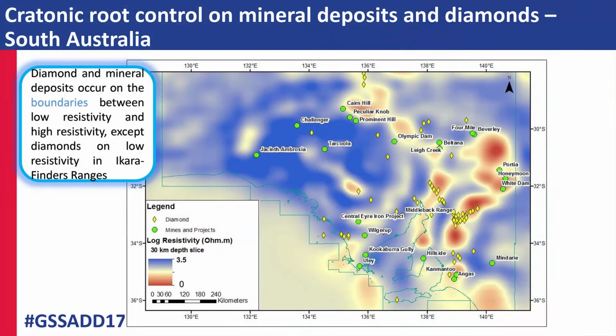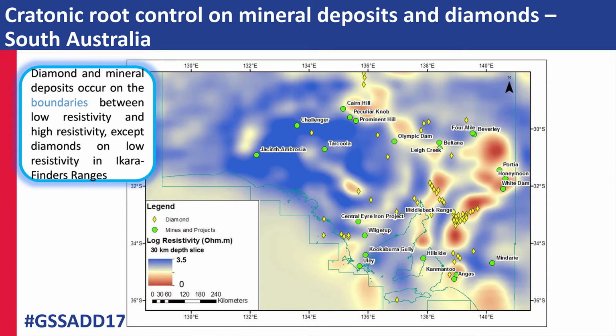What you can see is that the red dots, the diamondiferous kimberlites, aren't on the craton margin, which I've very badly drawn in blue there, but it's more on the margin of where you're going from the resistive core of the craton into the more conductive exterior. And that's very similar to what we see in the Gawler Craton, where we've got the really resistive core, and then we're still in the Gawler Craton, but we've got the conductive margin around it, and I'll show you that in more detail in the next